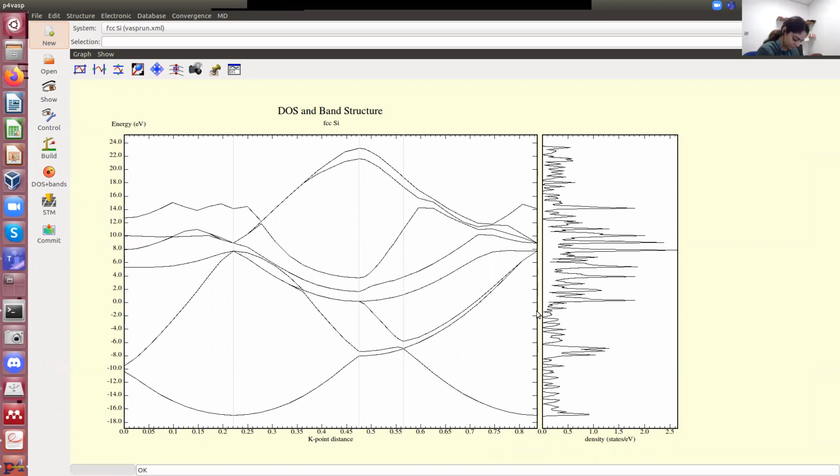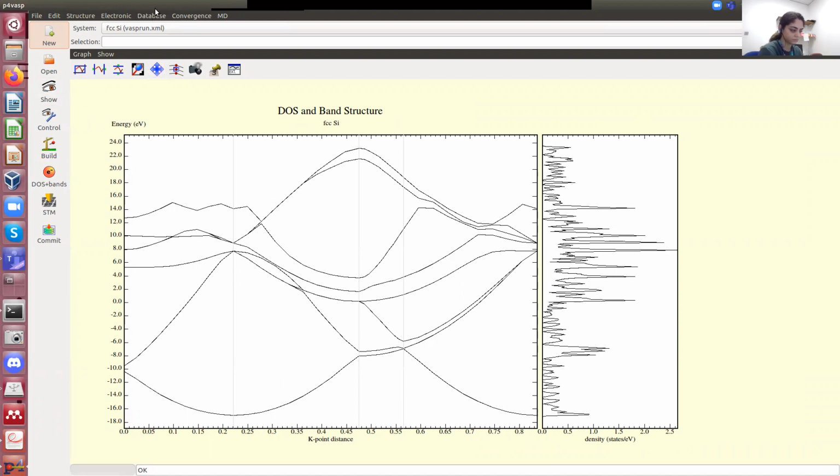Because this is normalized. Not the one that VASP gives you, but the output from Python for VASP is already normalized, already centered at the Fermi level. Oh, okay. So they take the band energy that we saw before and they shift it according to the calculation of the Fermi energy that we have. And now the electrons are occupied up to that part of the field. Yeah, now it's occupied.